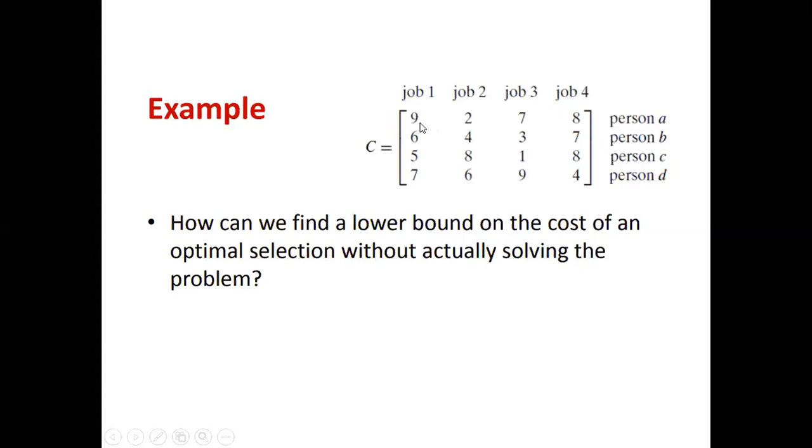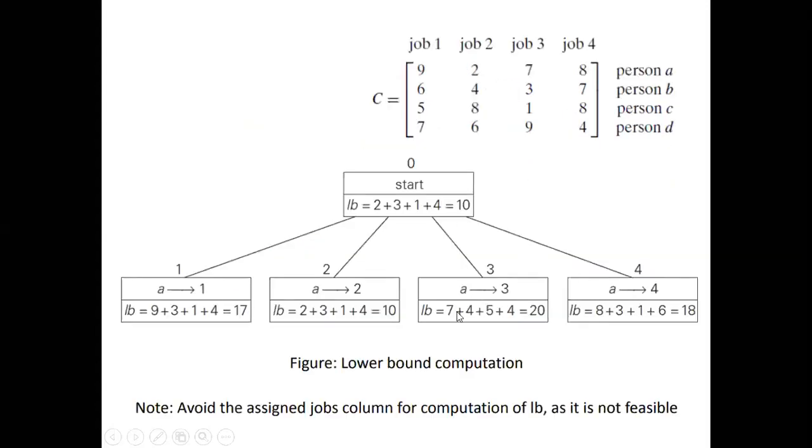You need to make sure the total cost of assigning jobs to all the persons is the minimum one. So let me start with branch and bound. Let me go through how to solve this in detail. Each row represents a person, and each column represents the cost of a job.